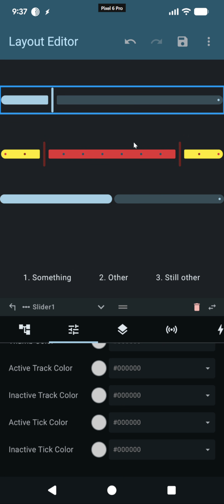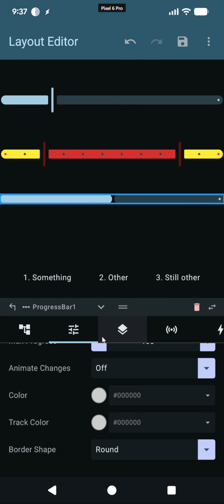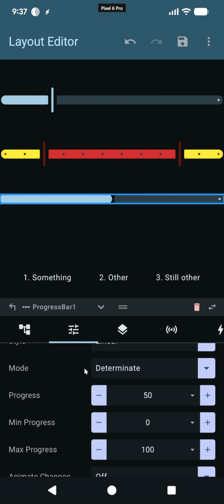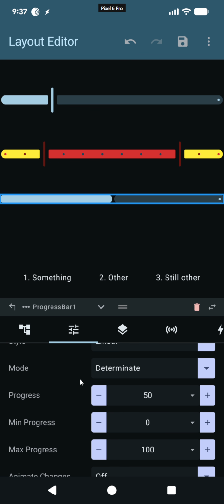So these are controllable sliders, and this is a progress bar, which is kind of like a slider, but it's supposed to show some progress that you don't control directly. Here you can set a progress just like before. You can set it to 50, for example, progress 50, minimum, and maximum progress is 100 right now. So if you set this to 25, for example,